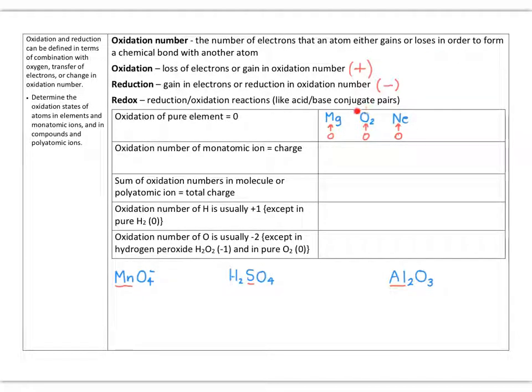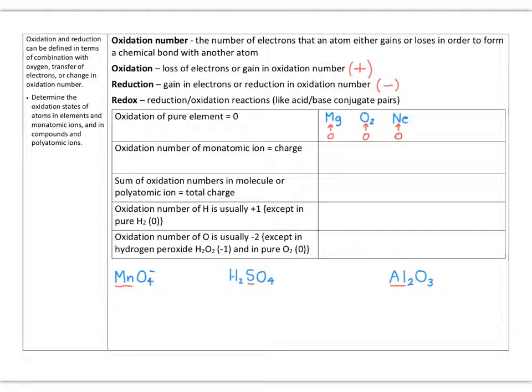Or in this case here, it's, if you like, a completely non-polar bond. Both oxygen atoms share the electrons equally, so they both effectively have their own 8 electrons. So they're not giving away or taking any other electrons. So any pure element,